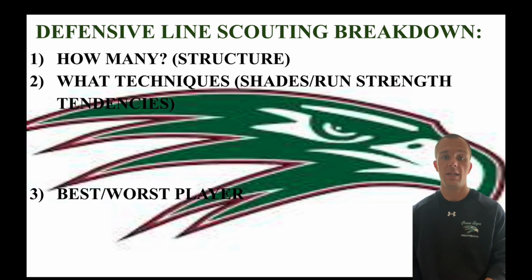Because we also have had teams that, because we run buck, will go into an under front with our tight end, because they know we're trying to cause a little bit of a problem with that. So they'll put their shade to our tight end and our H-back, and they'll have their linebackers able to flow over top. So that's one of the things that we'll take a look at.